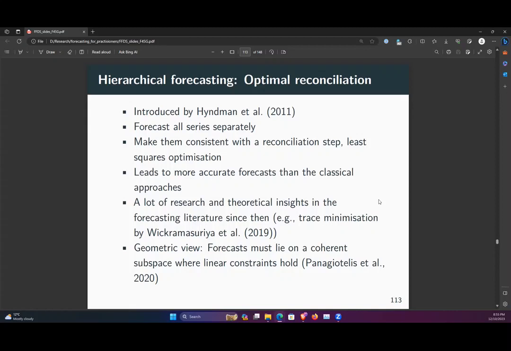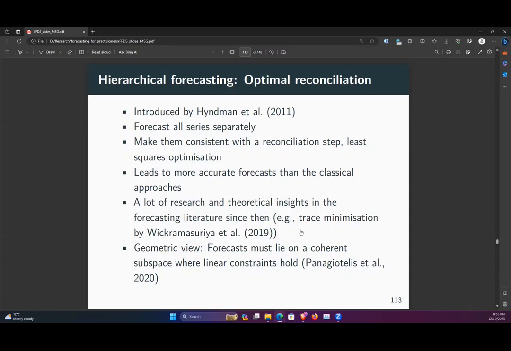The way that you do that is by doing it in two steps. One step is your forecasting step, which forecasts for all the levels, all the series, and then the reconciliation step, where we use some kind of optimization to make sure the consistency is more forced upon it. So the way that you do that is least square optimization or min-t optimization. You could see the trace minimization paper from Vikramasumya. So those papers talk about how to do this.